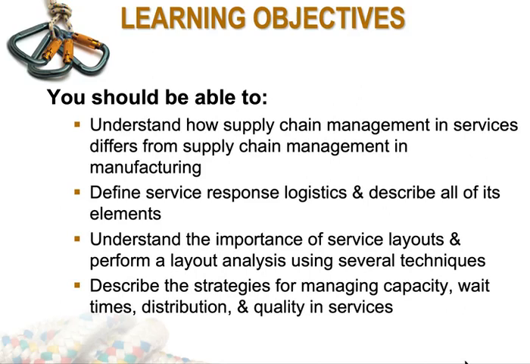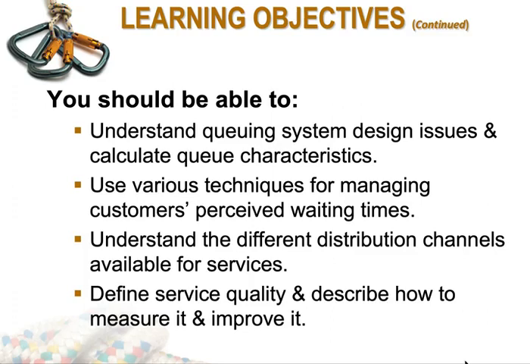Students should also describe the strategies for managing capacity, waiting times, distributions, and quality in service, and understand the queuing system. This is waiting lines: calculate the queuing characteristics and learn how to solve a problem in waiting lines, understand the different distribution channels available for service, and define service quality and describe how to measure it and